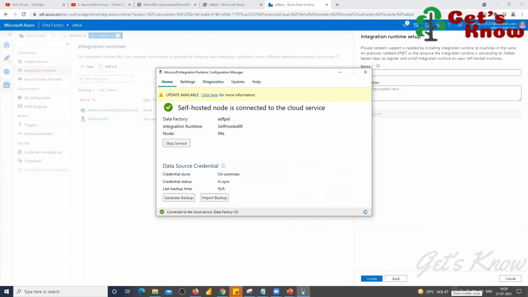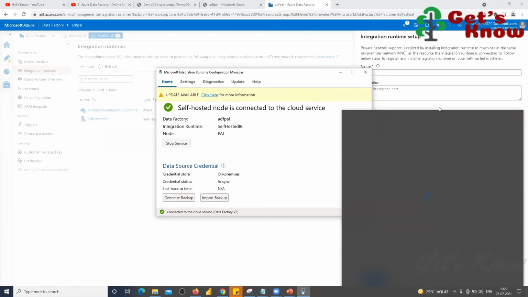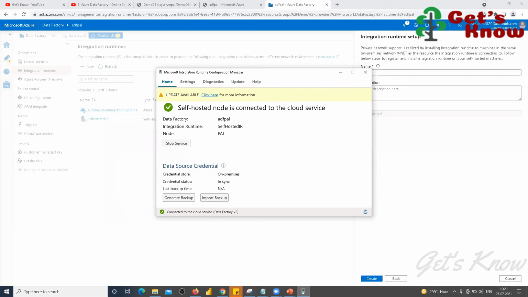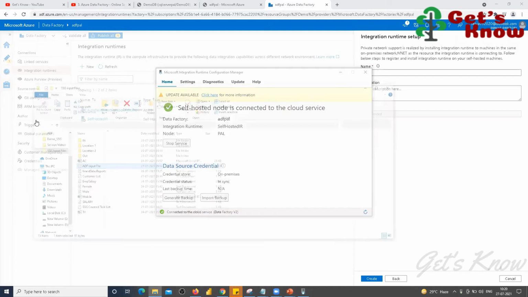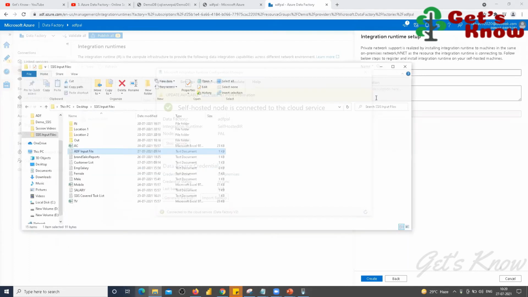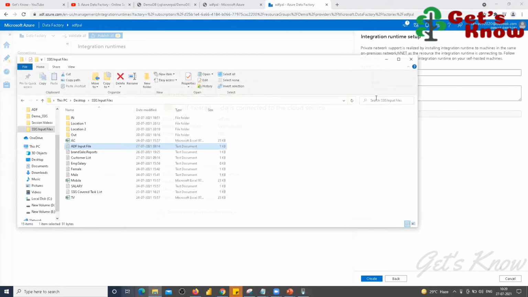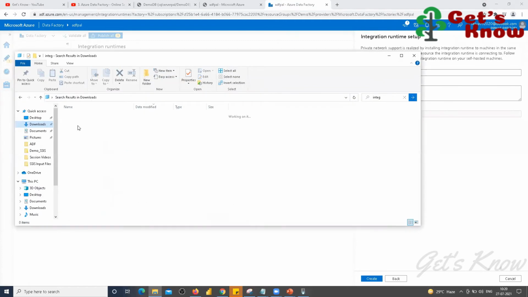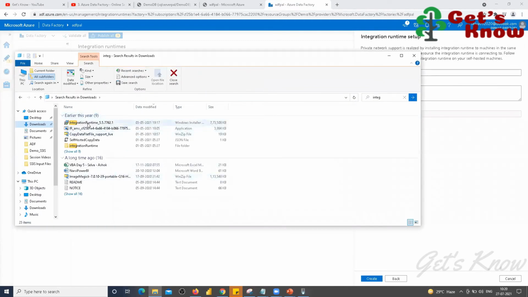So first you have to download this integration runtime configuration manager. Once you download it, it will be downloaded as an executable file, and you have to install it.